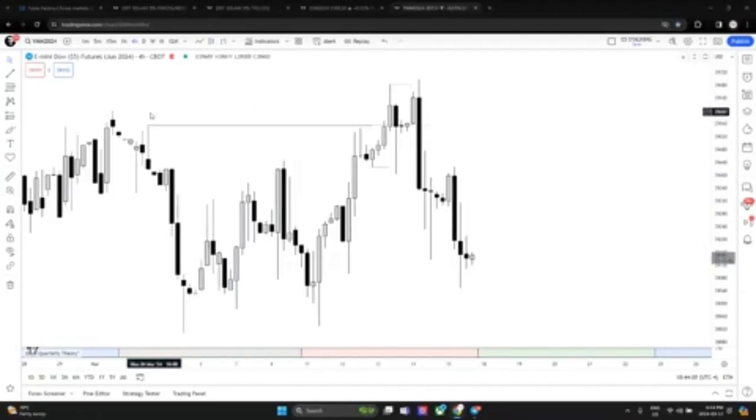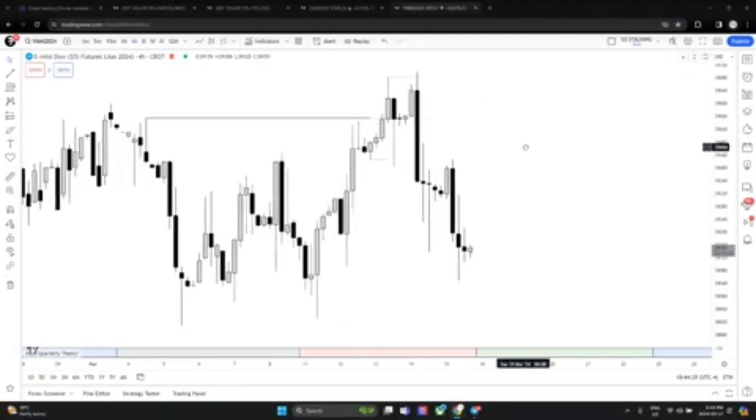And just as we have this sequence between the monthly cycle and the weekly cycle, you can find this on the weekly cycle and the daily cycle. You can find this on the daily cycle and the 90-minute cycle. And yes, you can find this on the 90-minute cycle and the macro cycles, right? So whenever